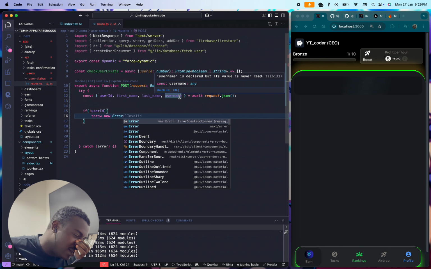Okay, so we're going to say await check user exist user ID. So we're checking if the user exists, and we have a small function here to do that. So in this function, we're saying try